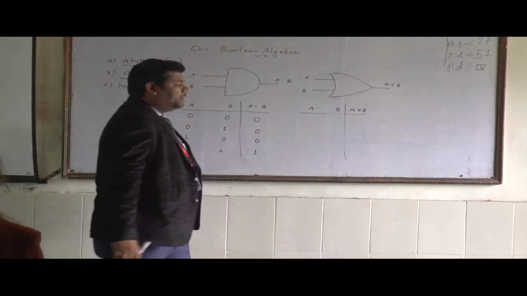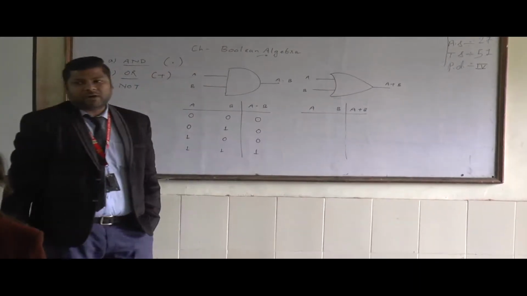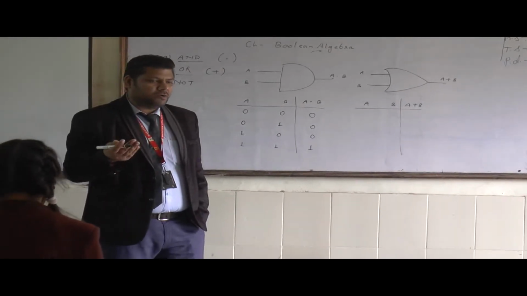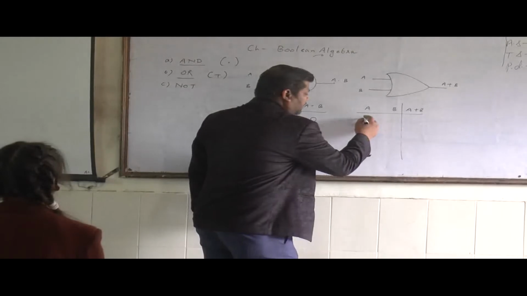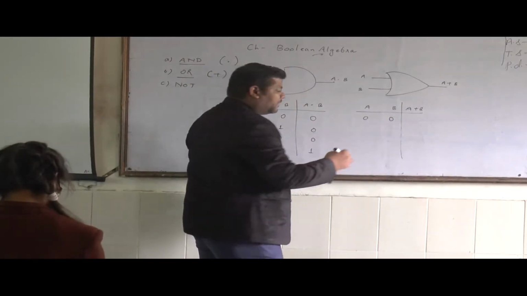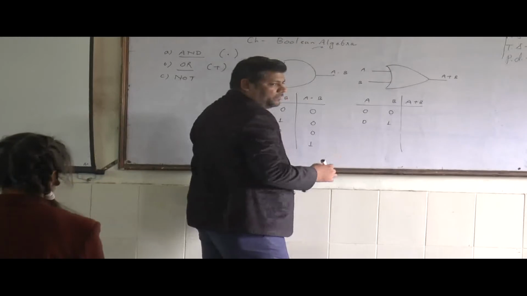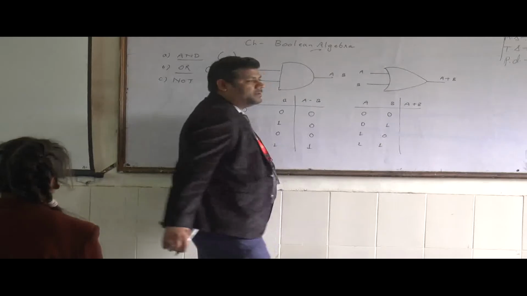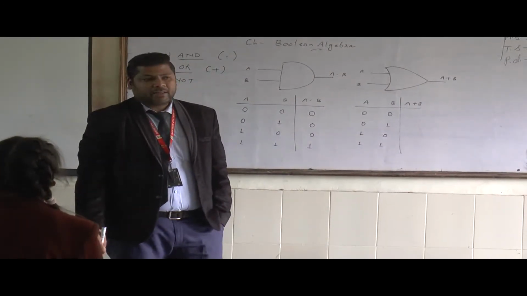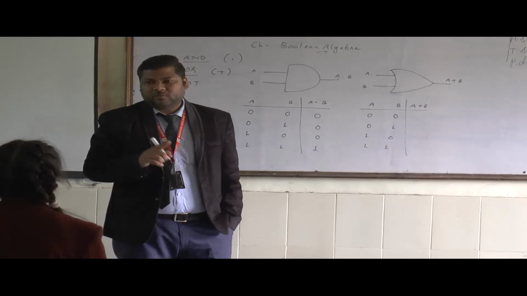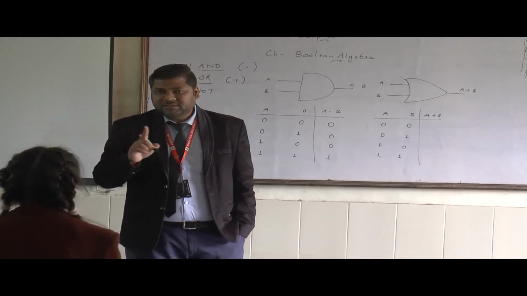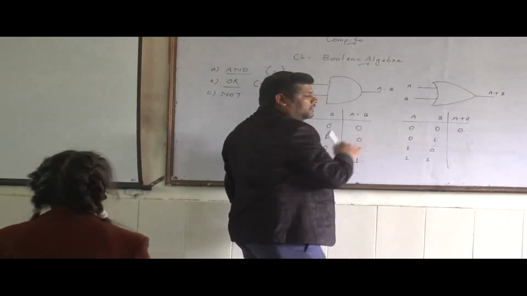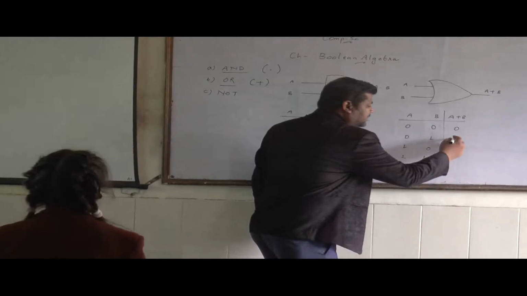According to the condition, there are two variables, therefore the 2 to the power n formula applies. 2 to the power 2 means 4 possible combinations can be derived. Again, both inputs could be 0; first 0, second 1; first 1, second 0; and both are 1, that means high. I told you that in the case of the OR gate, if any one input is high, then 1 will be generated. So here you can see the output will be 0 as both the inputs are 0. In the second case, 1. Why?